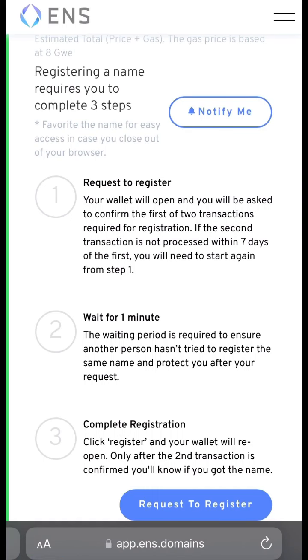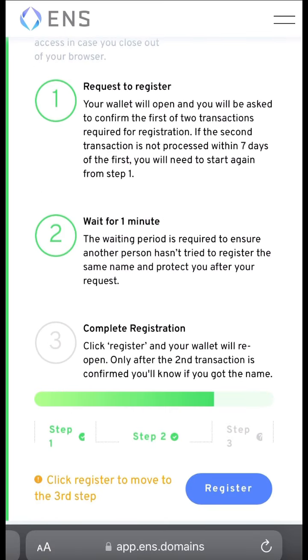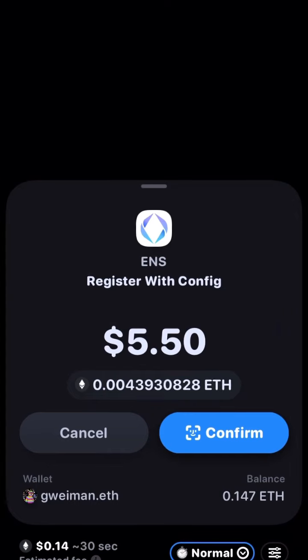So you have 3 steps. That's what the first step does. It goes ahead, runs things through the system, and makes sure that you are the one that's going to secure your name. Now you wait 60 seconds is step 2, and after that 60 seconds is over, you can click